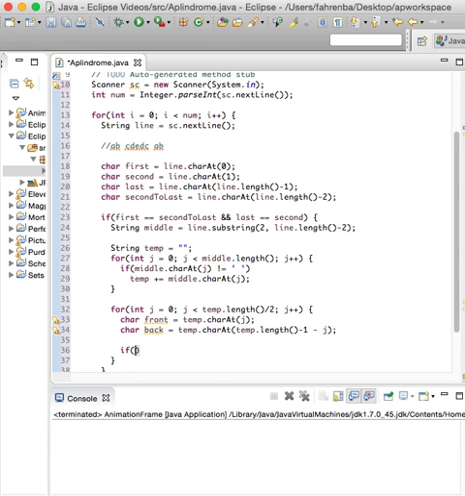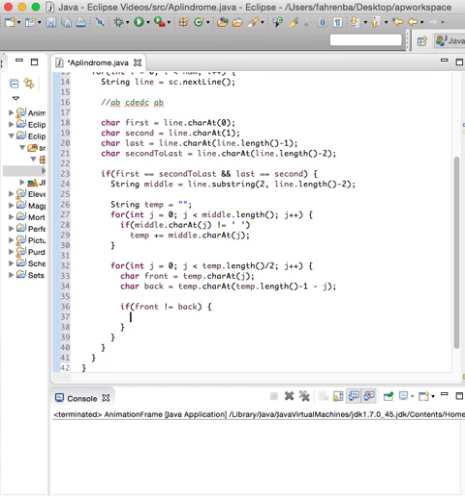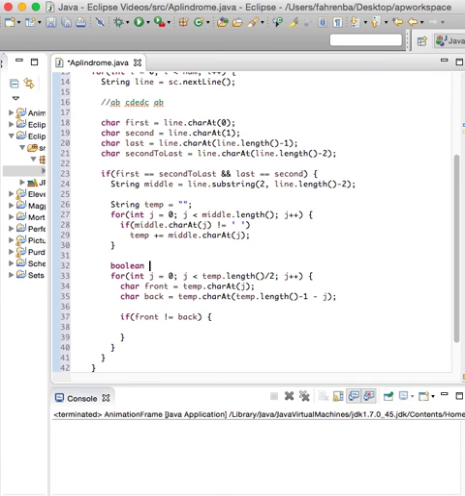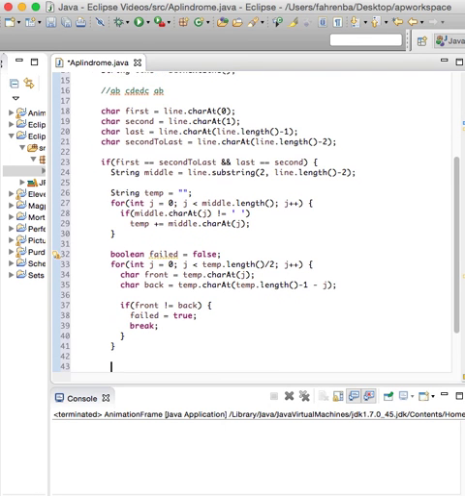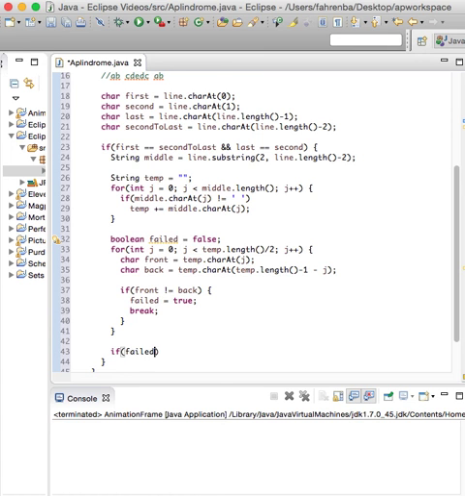And now we want to check, is it true that front is unequal to back? Because if that's the case, then we failed, and therefore it's not going to be an Aplindrome. So we have to figure out how we're going to make that work, where it's going to print out what we want, and then to make this loop stop, we could use a break command. But to make things a little bit cleaner, I'm going to make a Boolean variable here called failed that is false to start. And if it gets into this case, I'm going to set failed to be true, and then break out. That way, after the loop, if it's true that we have failed, then we can just print out